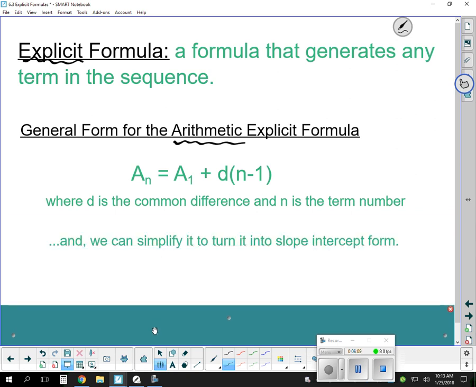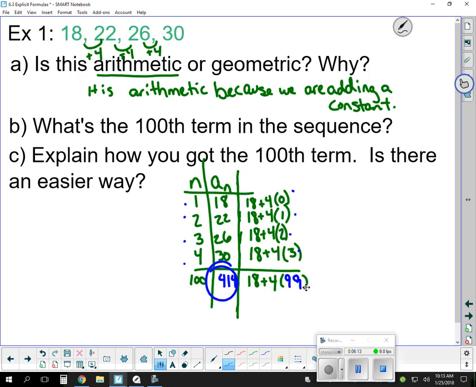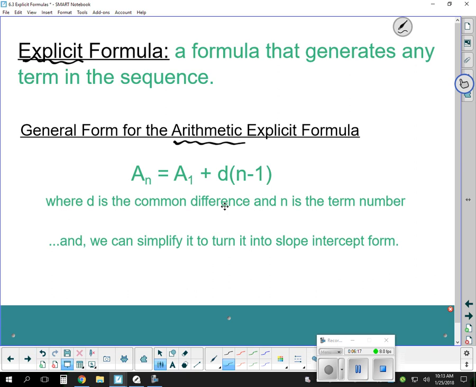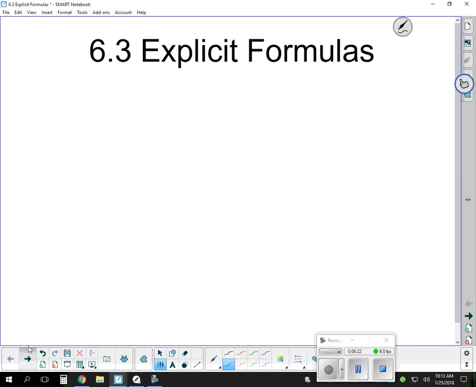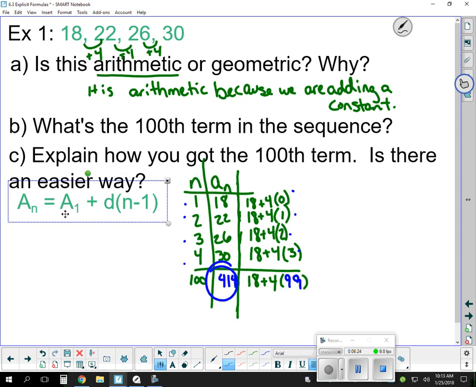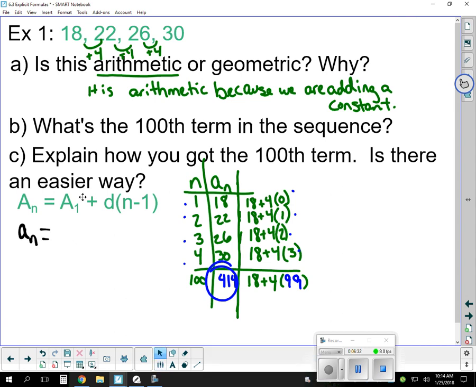And you can actually simplify it to turn it into slope-intercept form. Okay, so if we go back to this problem, let me copy and paste this. Okay, so a sub n is going to stay a sub n. And sometimes you see it lowercase, sometimes you see it uppercase, that doesn't matter. Okay, a sub 1 in our sequence is